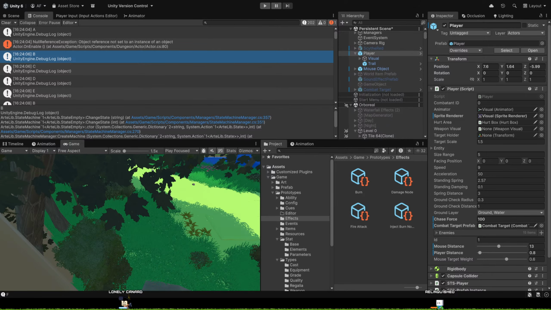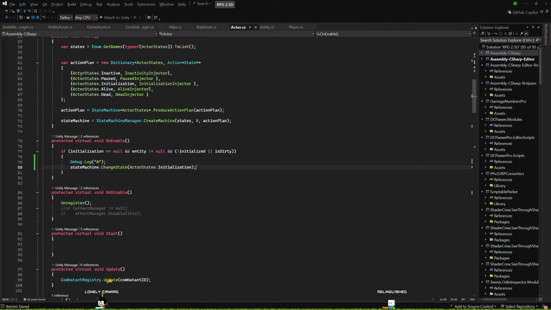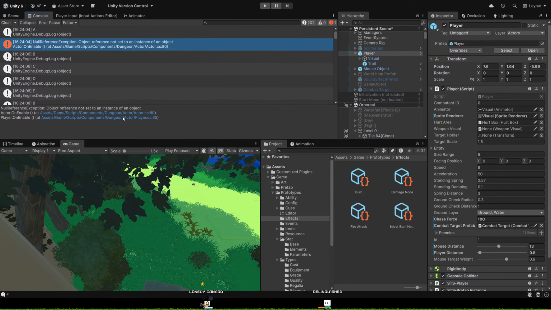So here's the weird thing. We got a hit here. Like right here we got a hit. But how do we get... What the hell is going on here? I don't understand. Object reference not set to an instance of the object. Because it still ran through. Let me just turn off the